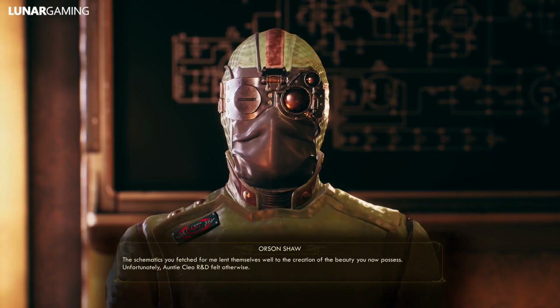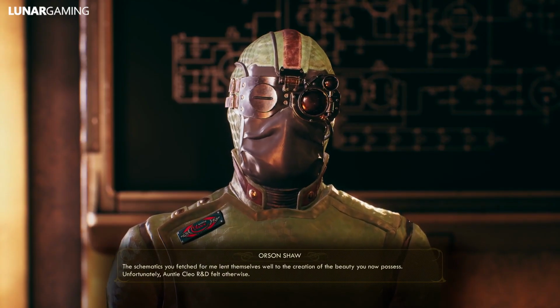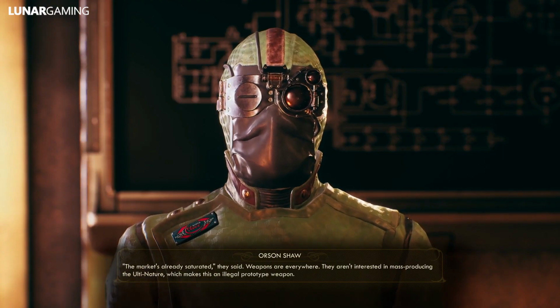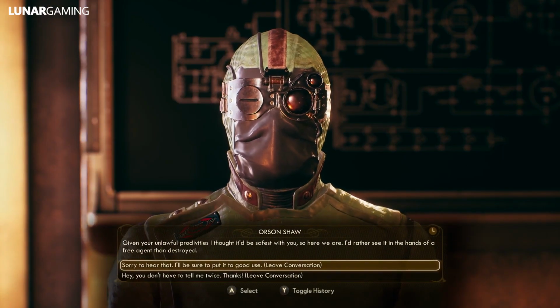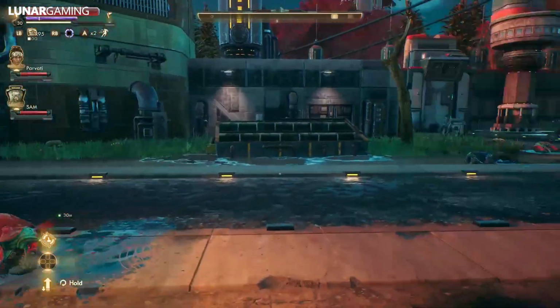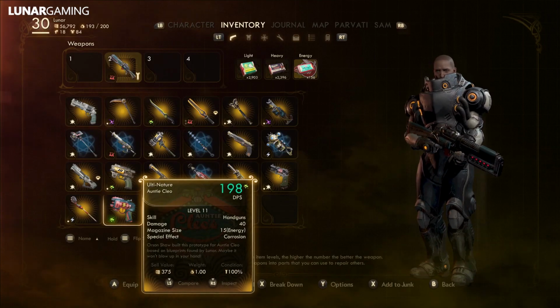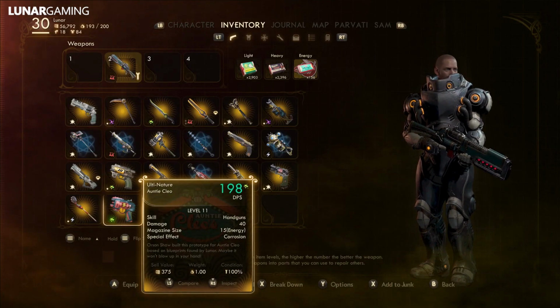That leaves us then with those 2 unique weapons, the Ulti-Nature and the Ultimatum. In Roseway, talk to Orson to start the quest Vulcan's Hammer. You can do the quest all the way to the end. The only thing to note for this quest to make sure that you get these unique weapons is at the